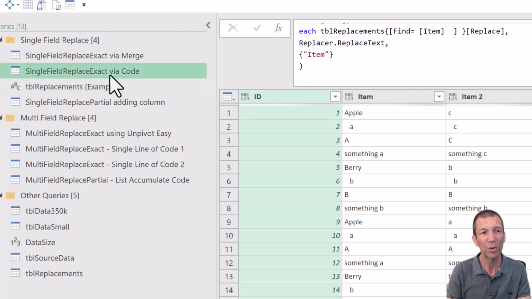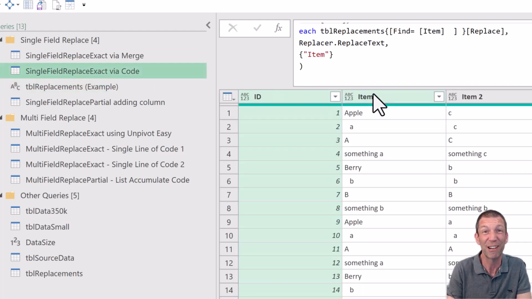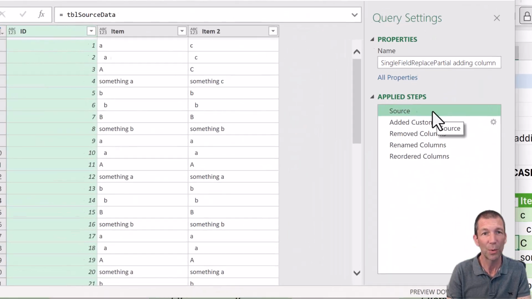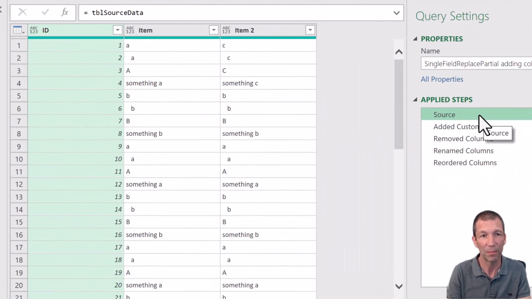But what if you want to do partial matching? Because that only works for exact matches. Well, then there's the next option. This was the 170-second refresh, but you can ignore case, you can do partial matches, so it is pretty flexible. So again, source is just the data,